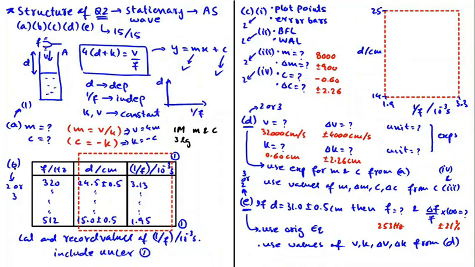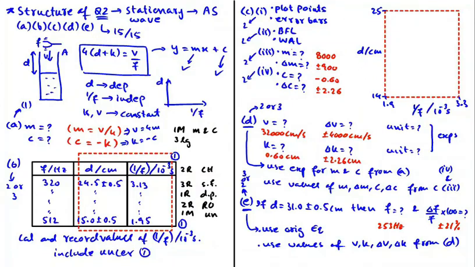Next part is part B, and to be able to do part B of all different types of graph questions, you have to learn two rules for writing column headings, three rules for determining number of significant figures in a measured or calculated quantity, one rule for determining number of decimal places in the calculated quantity of a logarithmic function, two rules for rounding off a calculated quantity, and one very important method of determining uncertainty of a quantity.